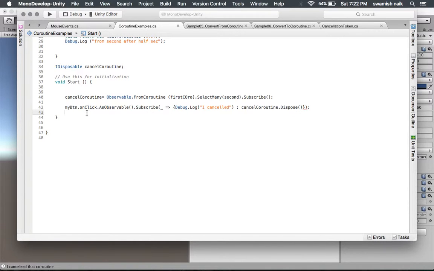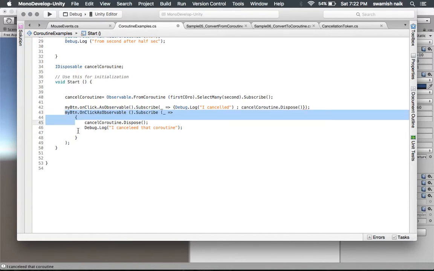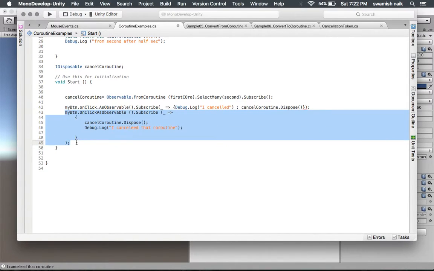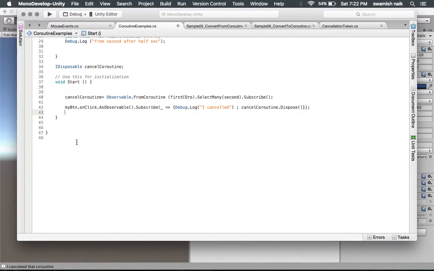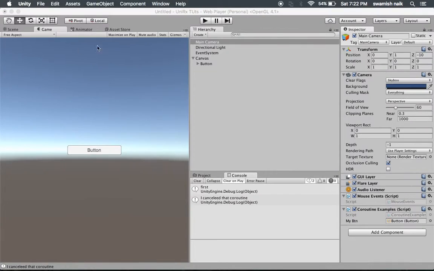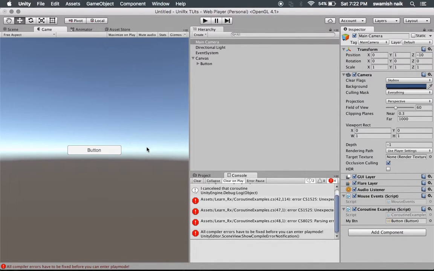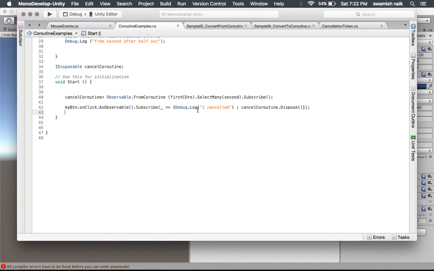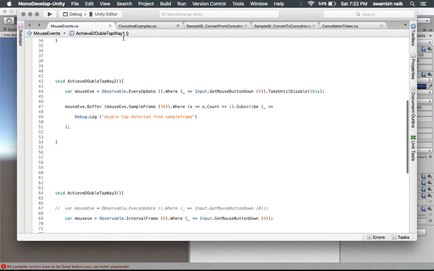So it is the same as this but just a different way. In UniRx there are multiple ways we can achieve the same result, like we saw in the first couple of tutorials where we detected double tap in 3 different ways.